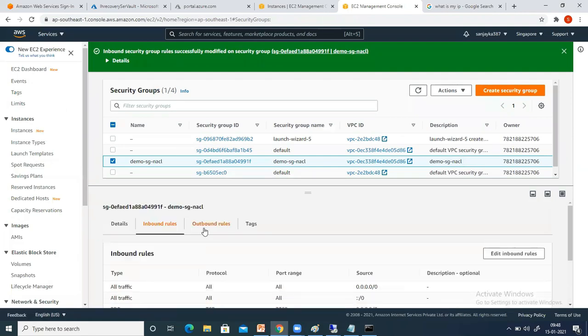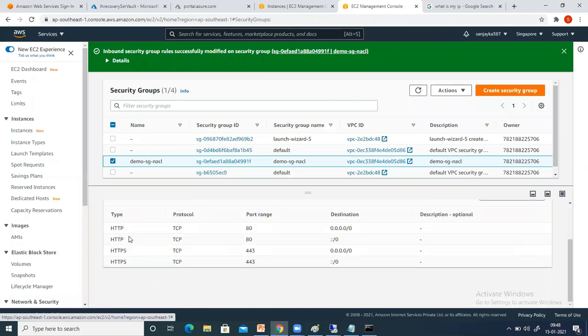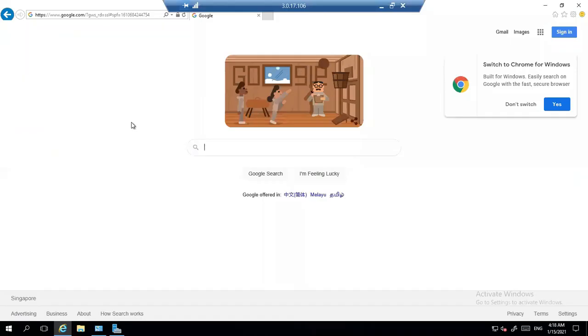And in outbound, I have two rules which only allow the internet to go out, via port numbers 80 and 443. If you remove the 443 rule, what will happen? If you open google.com, will it work or not? It will not work, because Google is an HTTPS-based website, so it uses port 443.